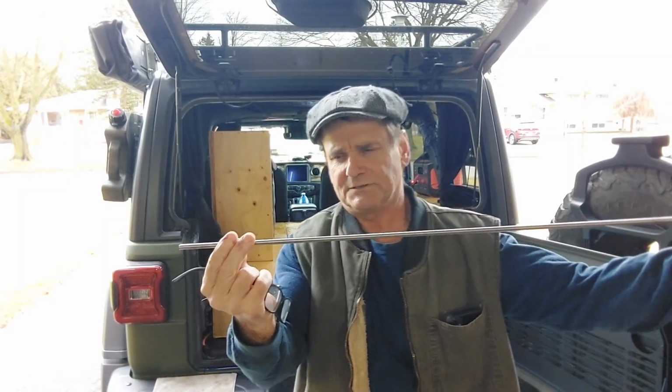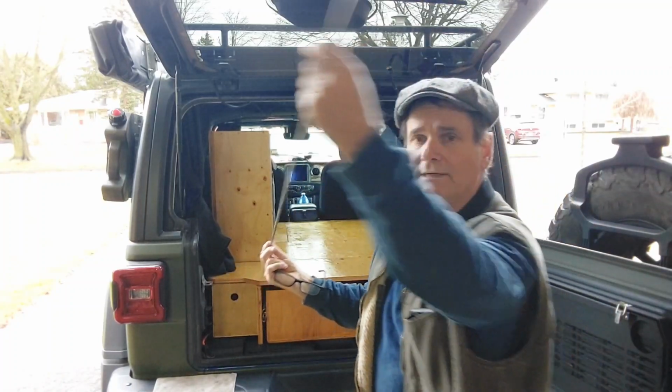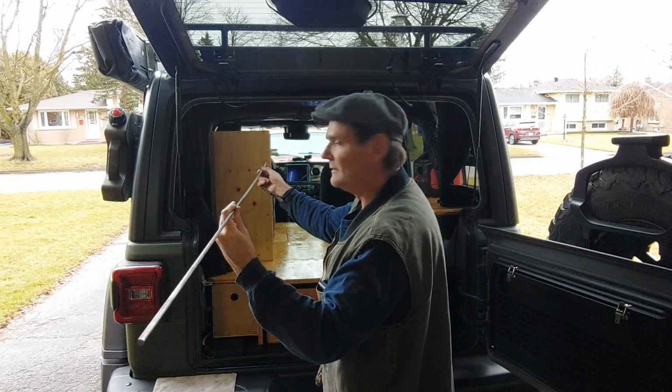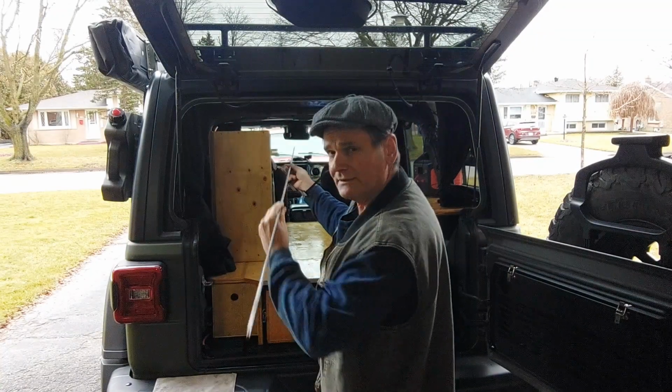And I'm going to use this stainless steel rod, 1/4 inch. When I hit the camera, it's going to go through the holes I've drilled, and it's going to be a pin on the end. I'll show you how I'm going to weld a little T-bar on the end here, and then bevel the one end, drill a hole in it, and run a pin